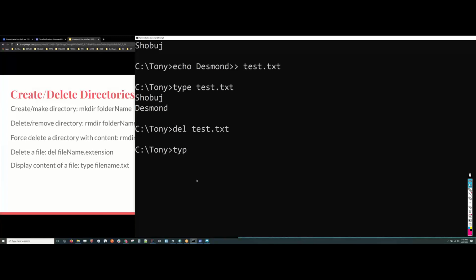Now if I say type test.txt, there's nothing. System cannot find the file specified. Okay, so